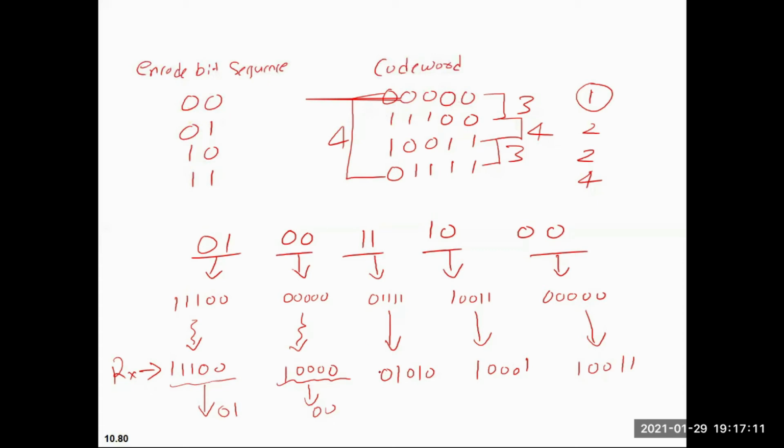Now let's go to the next case. In this case, we have seen that no error is there, so it can be detected. If one error is there, it can also be detected that one error is there, and it can correct that one. So you are sending 00 and you are receiving 00.